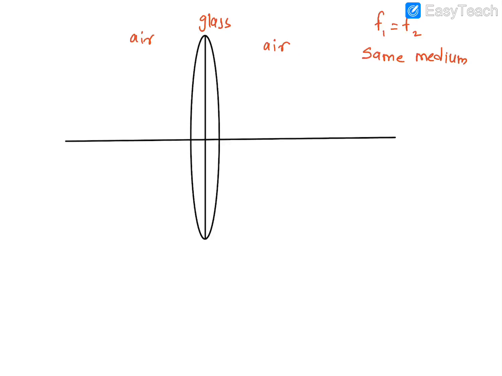Remember, if I'm using air, glass and water out here, they will not have the same focal length. Okay, so if I'm using air, glass and water, do you know which focal length will be greater? You will find that your f2 will be greater than f1. So light is going to take longer to bend and meet each other when there is water instead of air.